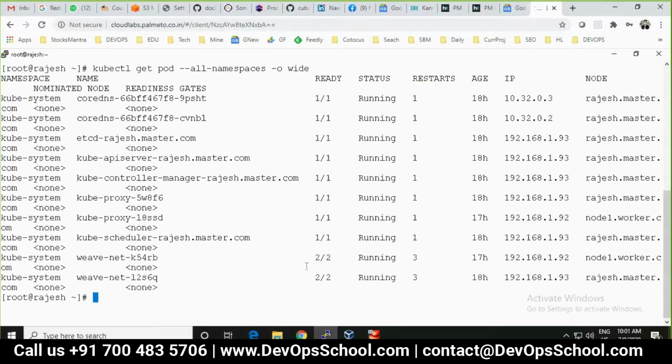So your question is VBNet? Yeah, this VBNet. Can you go to one of the nodes? I am in the master node. No, not in the master, the worker node. Worker node. Okay.